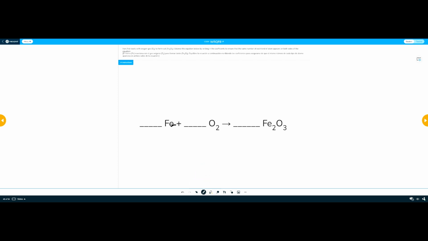If you'll notice, there is no number next to the Fe. This means that there is no subscript. So that means I'm only starting out with one of these Fe's here. On the right-hand side, we do have a subscript, which is the number 2.